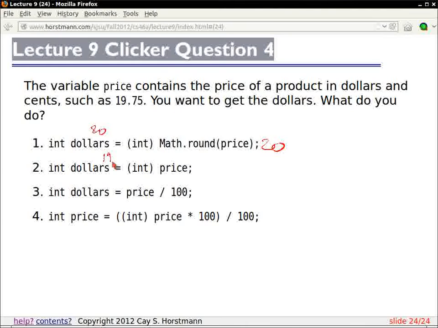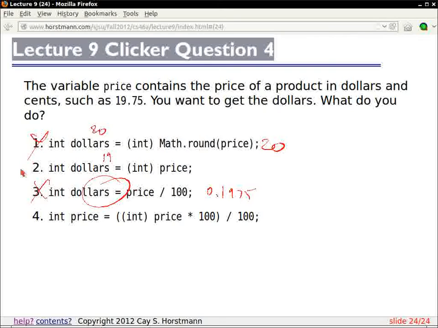Price divided by 100 is what? That's not going to work, right? This would be 0.1975. And anyway, you can't assign a fractional number to an integer. So this one would be a syntax error. So this can't be right. What about the last one?